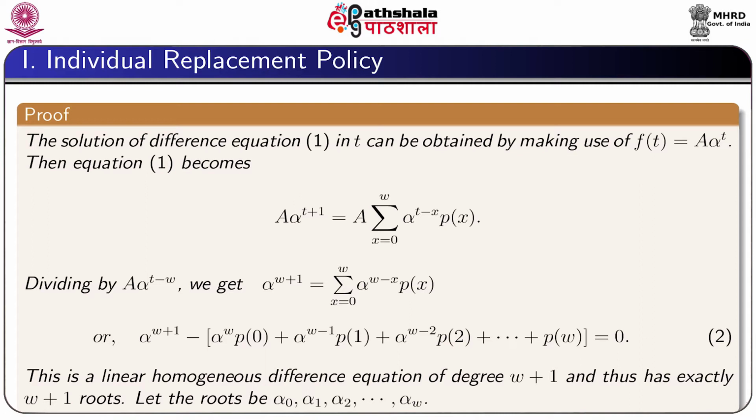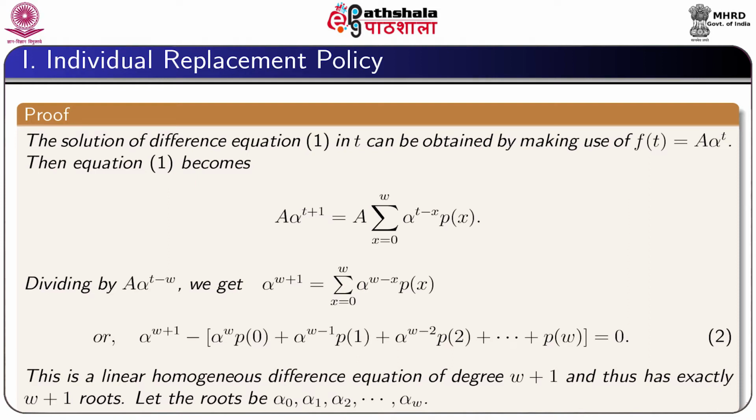The solution of difference equation 1 in t can be obtained by making use of f t equal to a alpha to the power t. Then the equation 1 becomes a alpha to the power t plus 1 is equal to a into summation x equal to 0 to w alpha to the power t minus x into p x. If we divide both sides by a into alpha to the power t minus w, then we simply get alpha to the power w plus 1 is equal to summation x equal to 0 to w alpha to the power w minus x into p x,